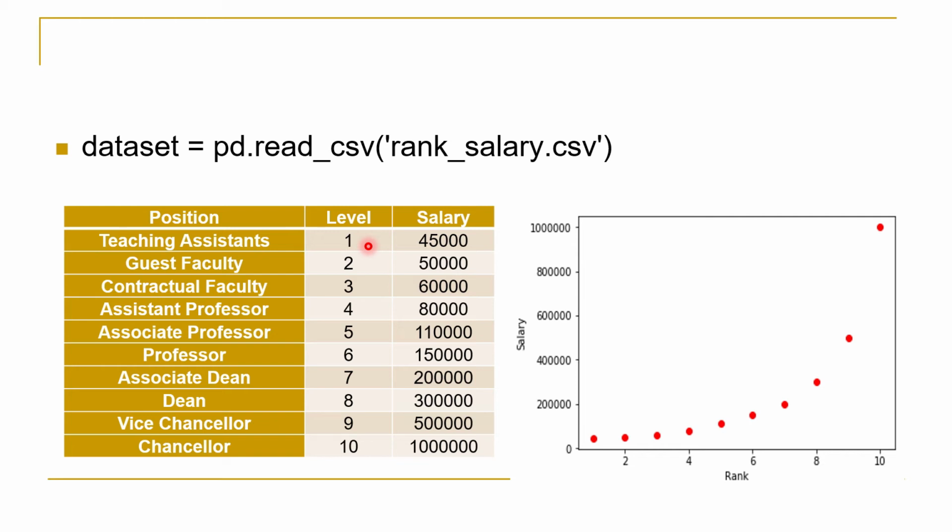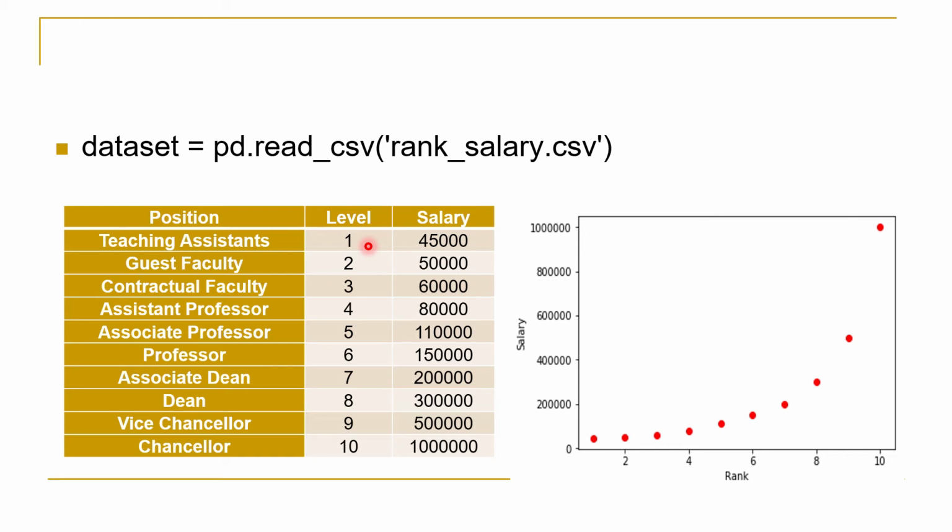The rank 1 has less value as compared to rank 10 in predicting the salary of employee. So here labeled data is desirable. So there is no need to go for dummy variables. We can directly build our model on the basis of their labels, which are already available in their levels, which has 1 to 10 values. And we actually wish to give more weightage to level 10 as compared to level 1, which is by default